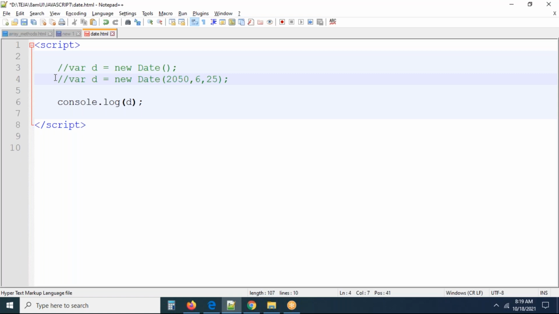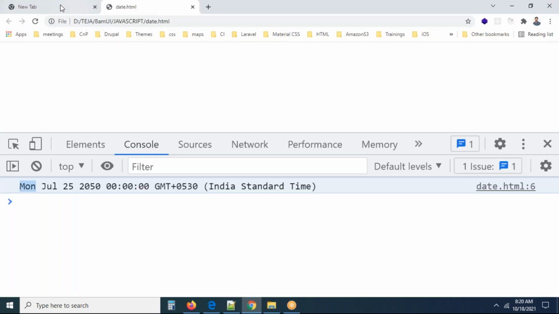There is another way of creating a date object, guys. In this date object, we can pass a number of milliseconds, where d equals new Date. But in this, you know one thing, guys, here we can pass the number of milliseconds. How can we pass milliseconds? Do we know what the milliseconds are for today? I think it's a very big number. Okay, now current millis. Let us go